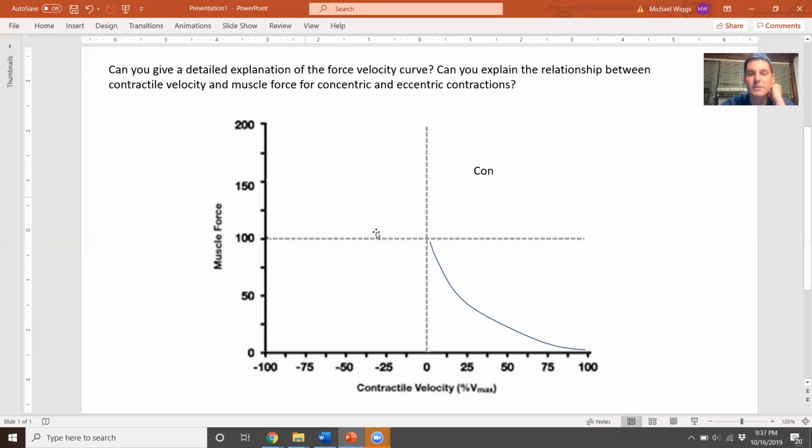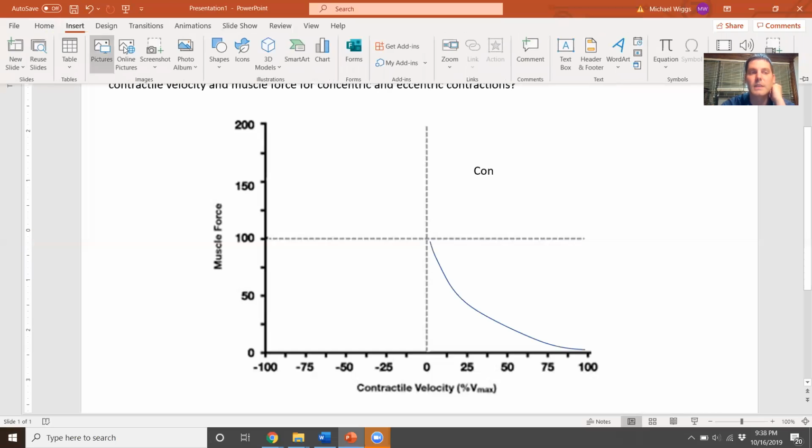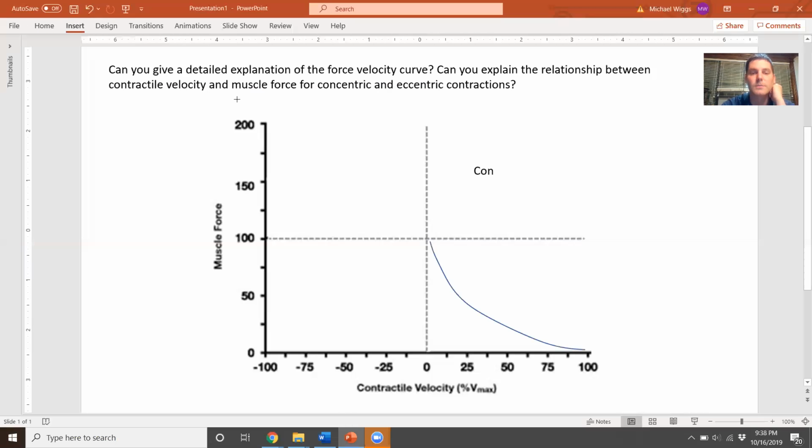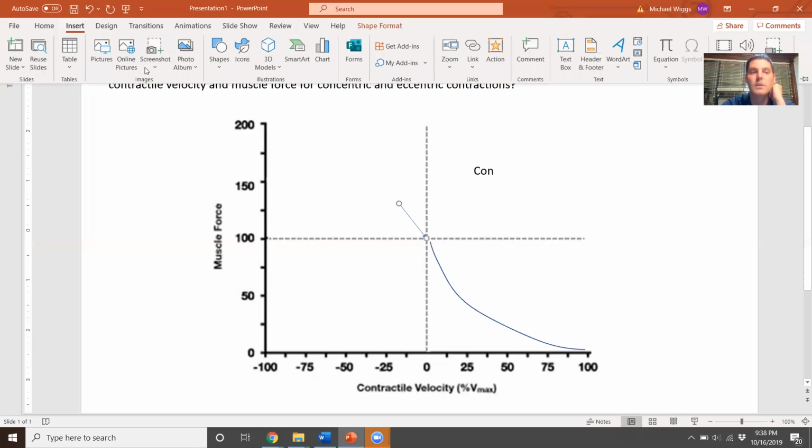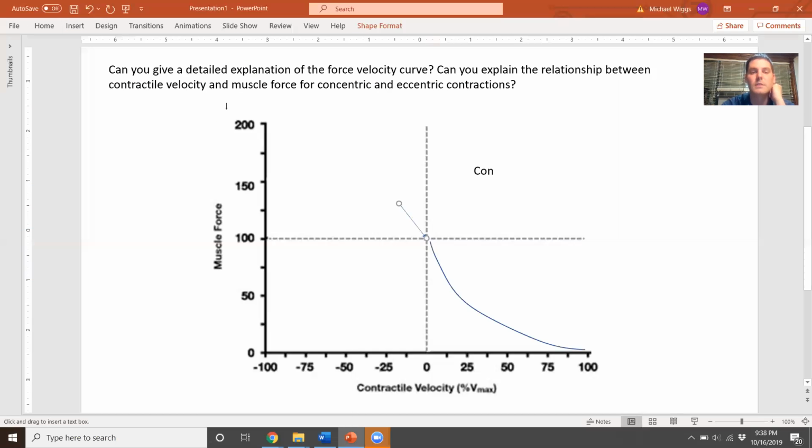If we think about it, there is a point where we can hold the weight but can't actually move the weight during a contraction. We can just hold it, and in that case, that contraction becomes an isometric contraction. That isometric contraction can be seen right here, where velocity equals 0 and muscle force equals 100%. So this is our